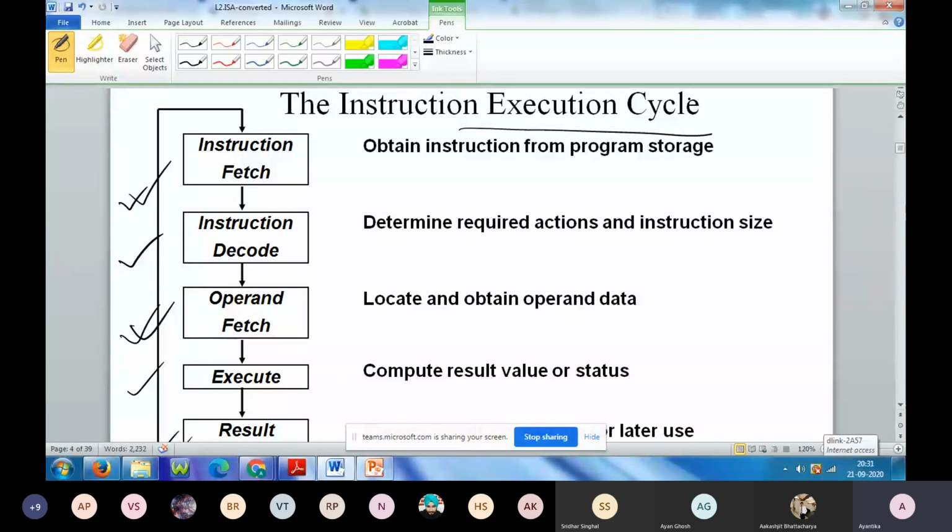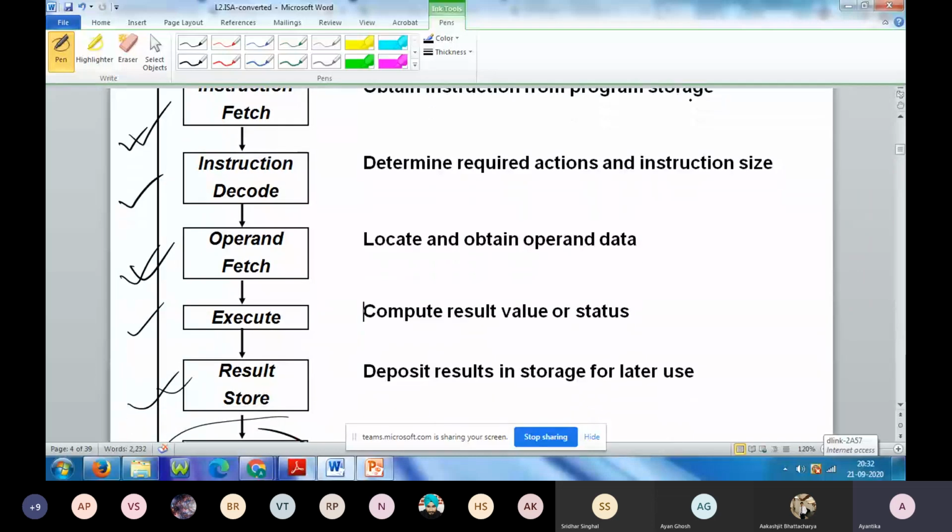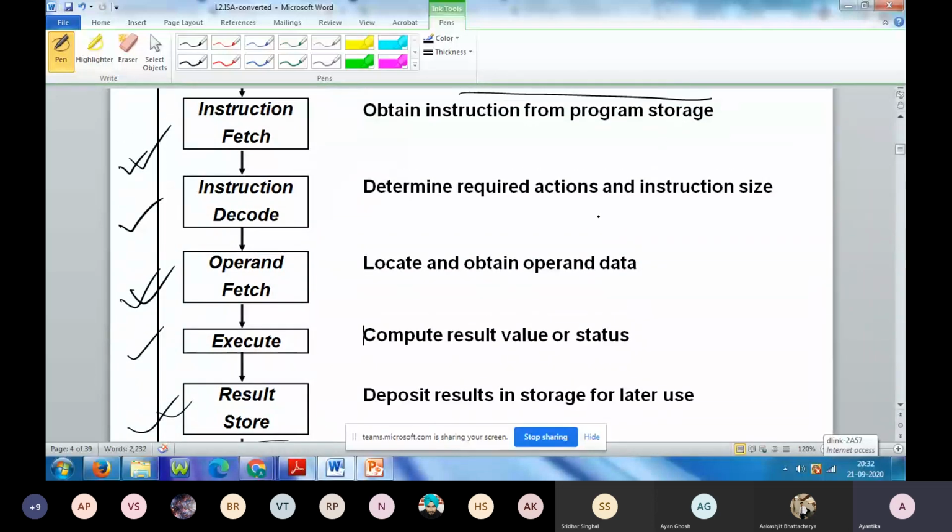Memory means where I will store it. Remember when we talked about the basic components of our system or computer, we talked about instruction memory and data memory. So in that way, we can assume my memory is separated: from the instruction memory I have to fetch the instruction part, and from my data memory I will fetch the operand part, and I will pass them